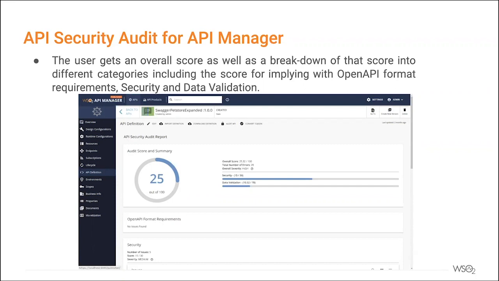The main thing about this is that this is a score based on your API definition. This score has nothing to do with the runtime security aspect. The things that you were talking about, the various layers of security, about TLS and firewalls and so on, all of them